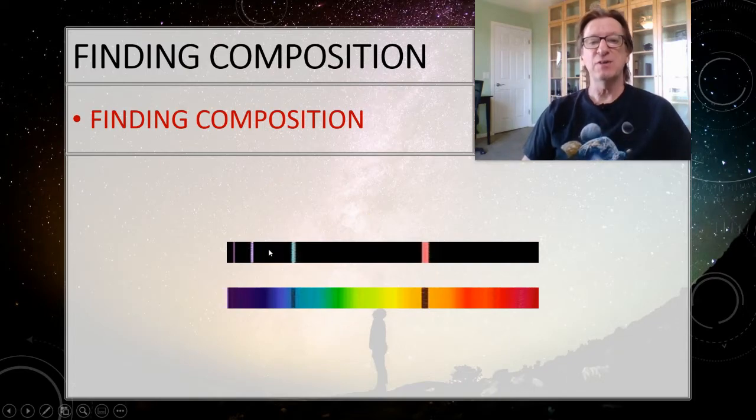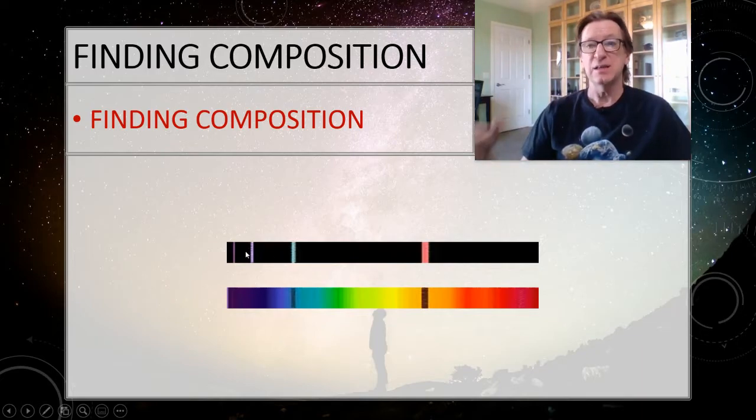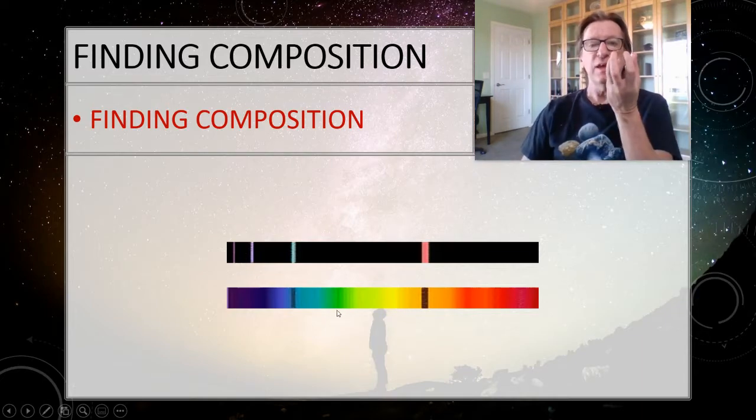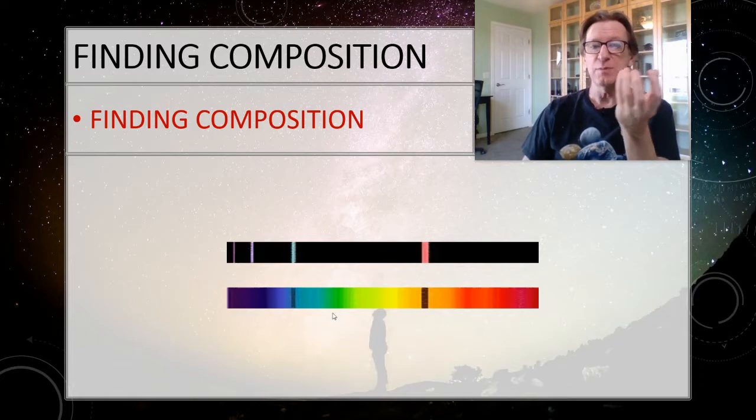So if I have an object that is just a hot low density gas like a nebula, which we'll be talking about, that's going to produce an emission spectrum that looks like this. On the other hand, a star, the energy is produced actually in the core and it's hot and very dense. So what kind of spectrum is that going to produce? That's going to be your continuous spectrum. It's going to be the rainbow. So the rainbow here is being produced ultimately in the core.